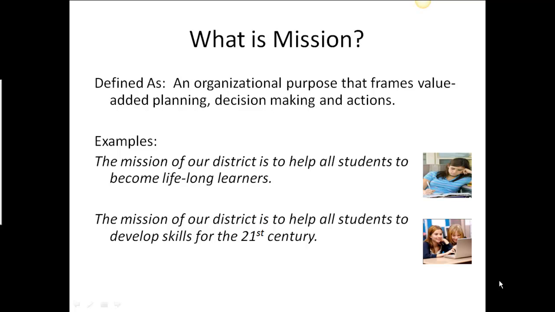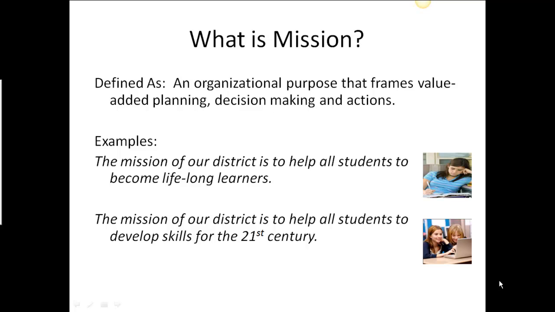As building administrators, you're very familiar, I'm sure, with your district's mission statement. You may even have a building mission statement for your school or even for your department. Many times educators will even have personal, professional mission statements. So why do we go through all the trouble of crafting a mission statement? In many cases, the mission statement is not being used to the potential that it could be. And let me explain to you why.